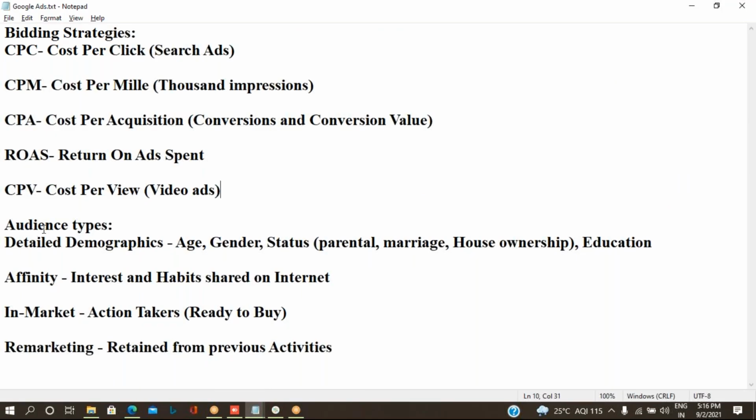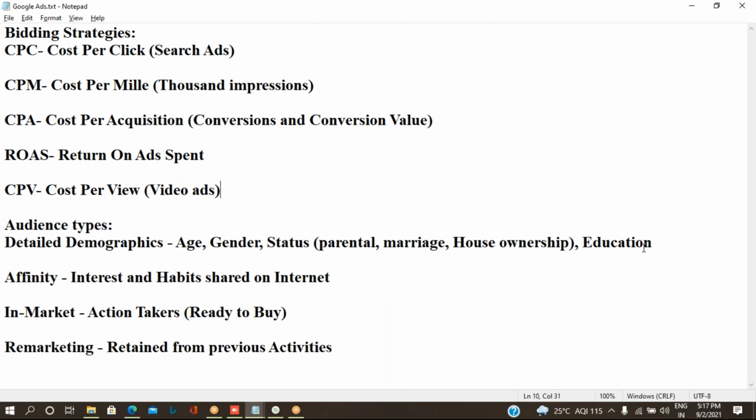There is an audience type named detailed demographics, which talks about age, gender, and status. That is, the parental status, marital status, house ownership status, and education status. If you are going to target people based on their statuses, then you can target them on this basis.